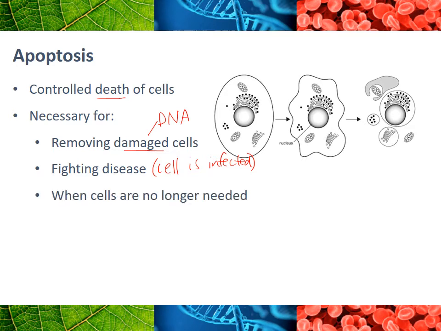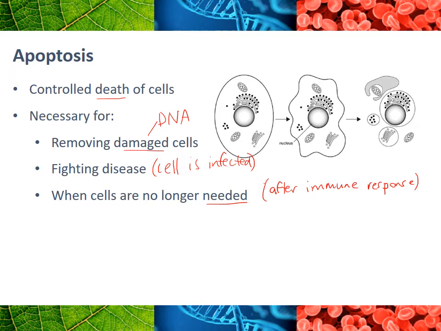Another reason that apoptosis might happen is when cells aren't needed anymore. Well, there's no point having cells in our body that we don't need. And a really good example of this, again, we'll look at this further, is after an immune response. So let's say someone has been sick, and during that illness, their body produces a lot of immune cells to fight the infection. Once you're better, you don't need those extra immune cells anymore. So they might be sent a signal to say, thanks for your help, but you're not needed anymore, and they